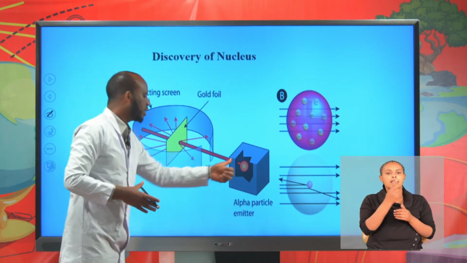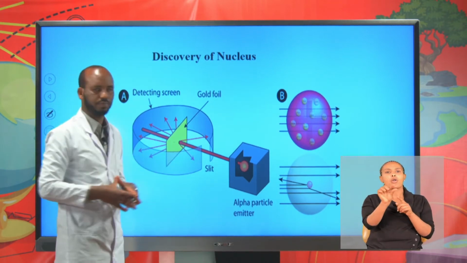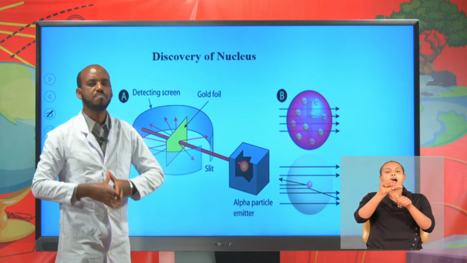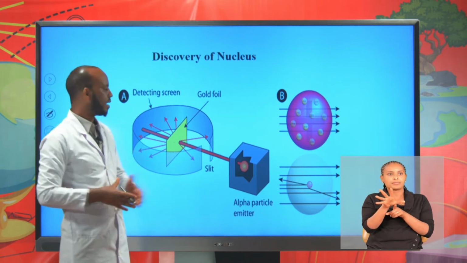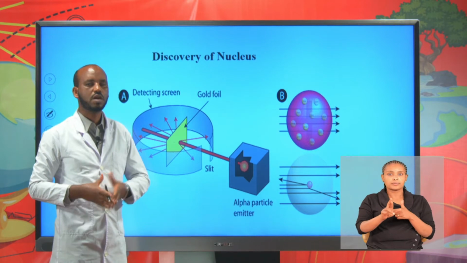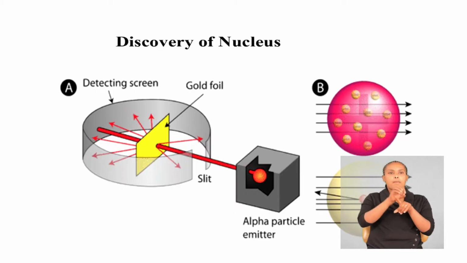Some alpha particles were deflected at small angles. A few alpha particles, 1 in a million, were deflected either at a large angle or rebounded, deflected back. Therefore,